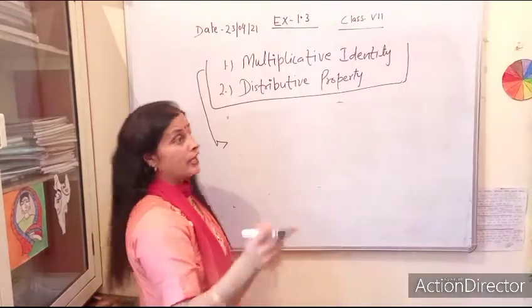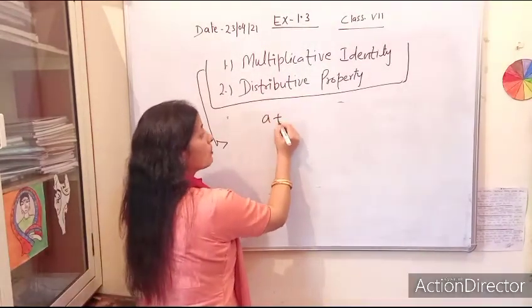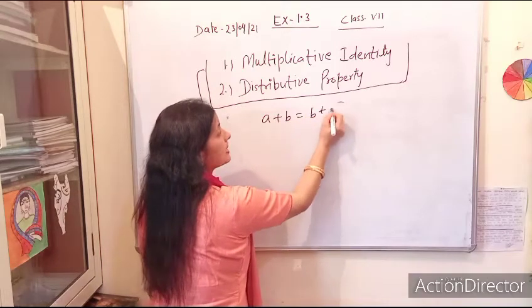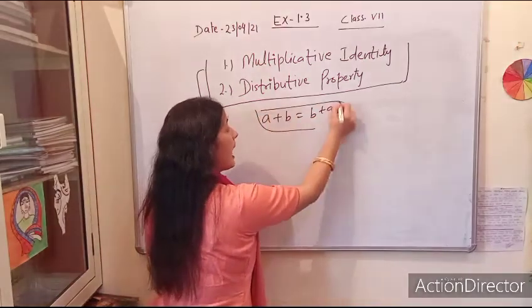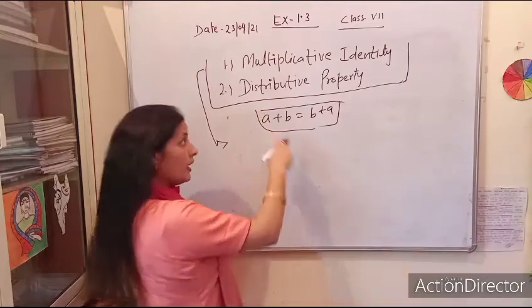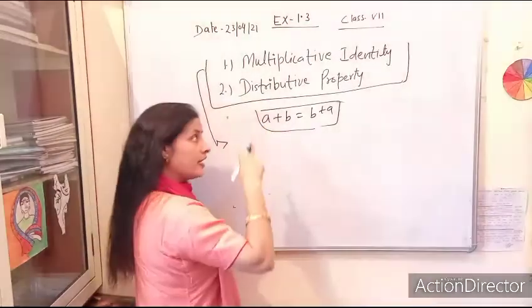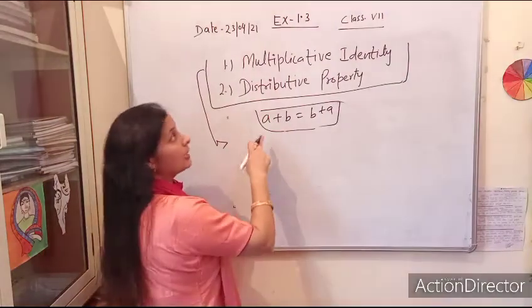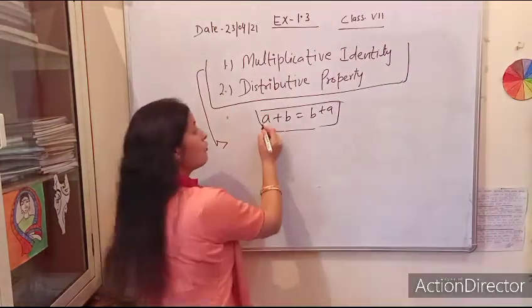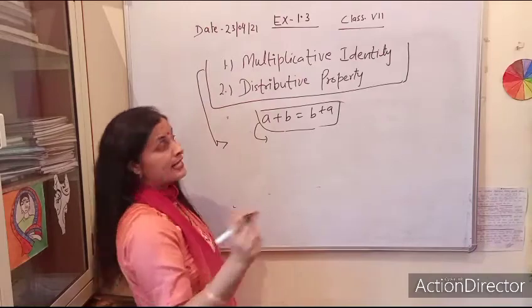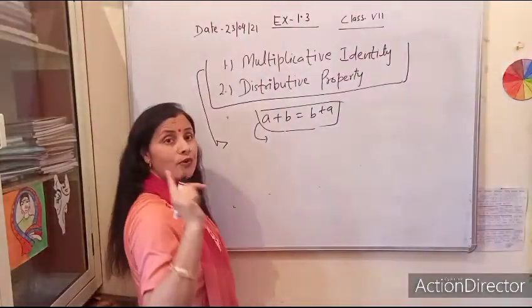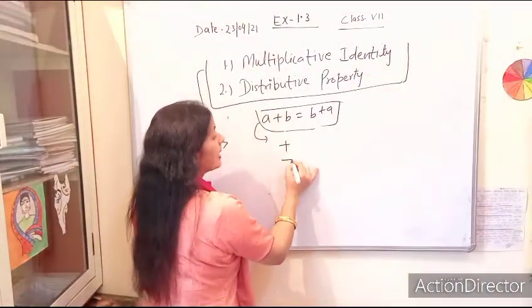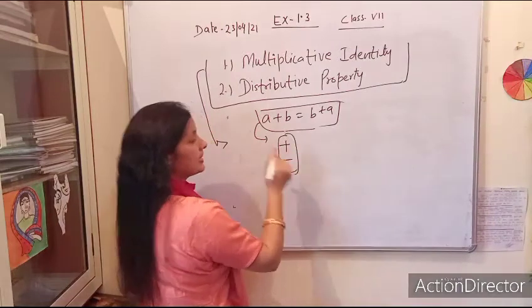Commutative property. What was commutative property? A plus B equals B plus A. Order changing property. Our addition followed this property. Addition of integers followed this property, then surely multiplication of integers follows this property. Why am I saying this? Because I told you in the very first lecture, basically there are 2 operations in maths.